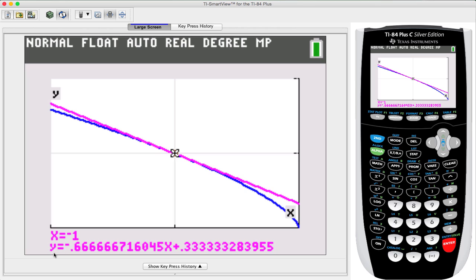If you look here at the bottom, we have a decimal equivalent of that particular line or function that we just created. We said that the slope there was -2/3. We know that -2/3 as a decimal is -0.6 repeating. We see that it is accurate to about 7 decimal points. And we know that 1/3, its decimal equivalent, is 0.3 repeating. And again, we see that also being accurate up to about 6 decimal points. Again, the calculator does a type of approximation that has a very slight minimal error. For what we're doing by hand, or for this particular video, that error is negligible.